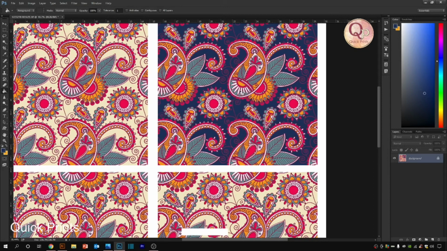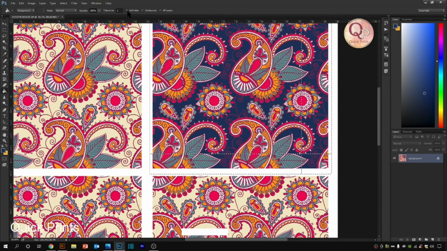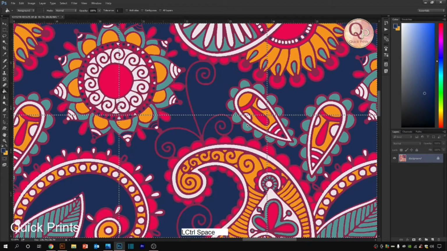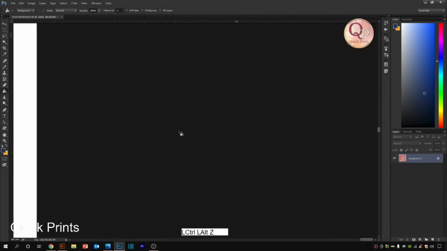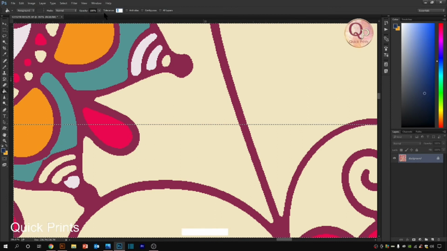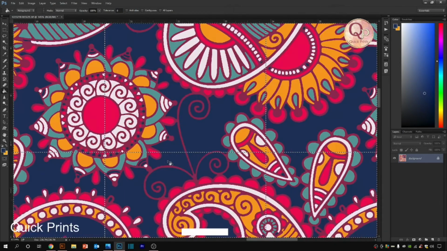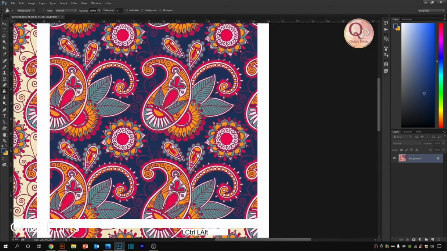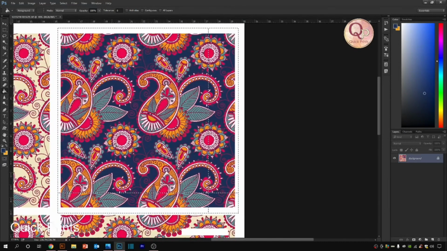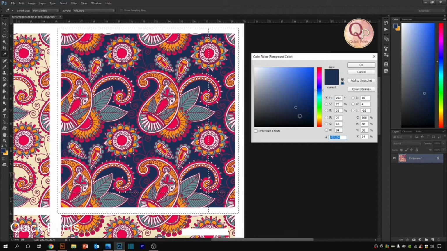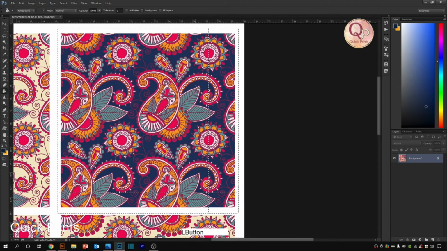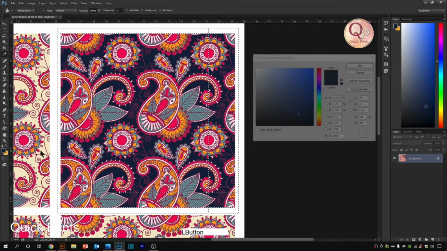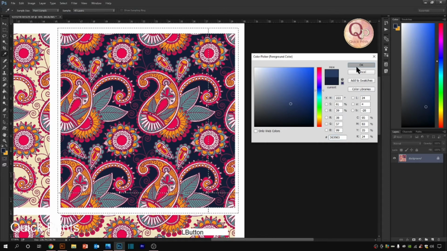You can use yours. See, the base I have given is navy blue. Tolerance again, because it was a pixelated design, clear design, so I cannot bear with it. Let's give the tolerance 0, and contiguous is off, so that wherever this is the ivory color, that will convert into navy blue color, right? So the selection is on, but what I'm feeling is that navy has to be slightly darker, right? Now the other color should be slightly lighter.